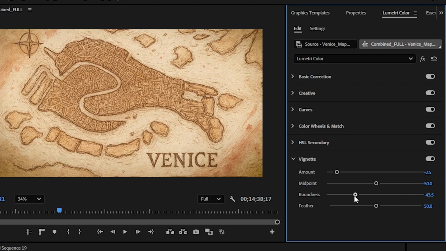and go to roundness. This one is really interesting. You can get more of a rectangular vignette or more of a circular vignette by adjusting this. And you can see it more clearly if I change the feather effect. So this will show you a much cleaner vignette like this, like a spotlight, or feather it out so it's more subtle. And I can adjust the roundness now and really see what that does with the feather turned all